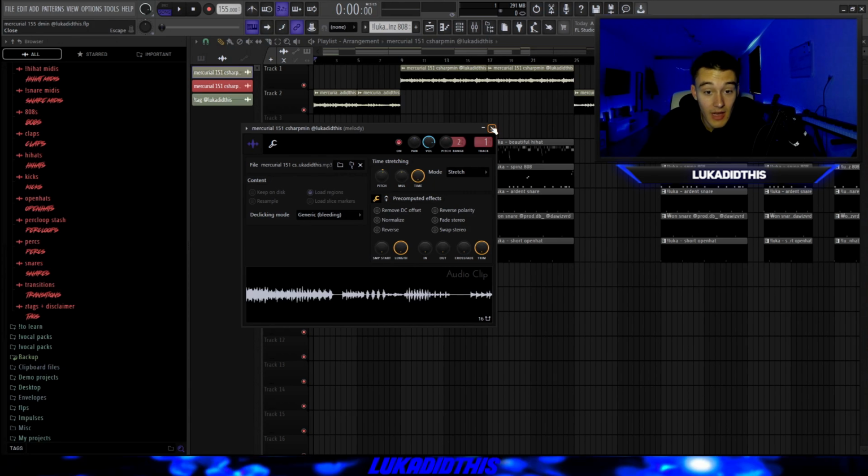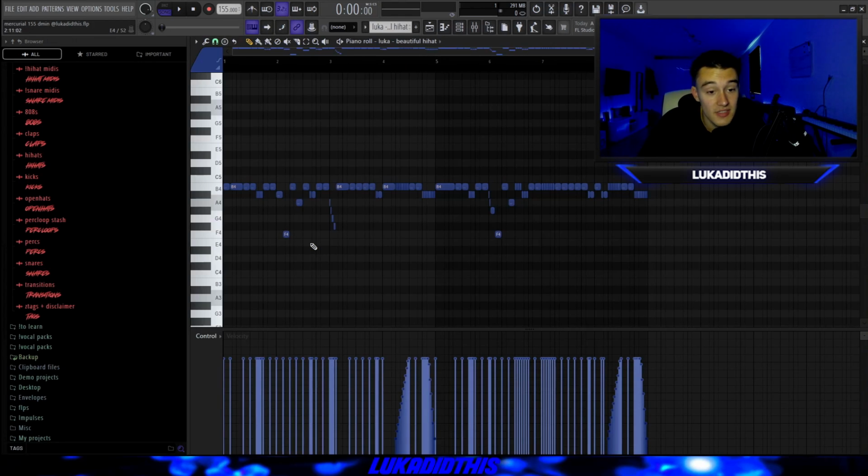And now for the beat breakdown, the first thing I obviously did was dragging in the sample and I pitched it up by 1 and I put the mode to stretch, declicking mode to generic and the trim knob to 100%. Then the first thing I did for the beat was just laying down this pretty simple hi-hat pattern, and